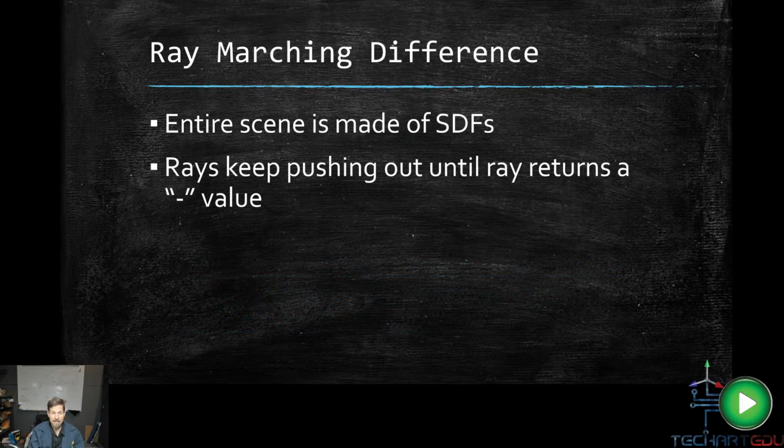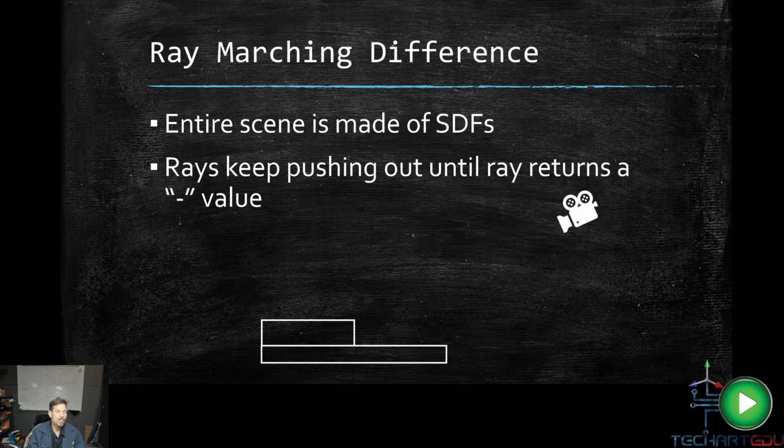Okay, so the difference between ray marching and ray tracing is that in ray marching, the entire scene is made out of these SDFs. And then, like ray tracing, you start off with a camera and then your world. So here I've got my camera, and this simplistic rectangular structure is my entire scene made up of an SDF. And so the camera, just like ray tracing, puts out these rays,